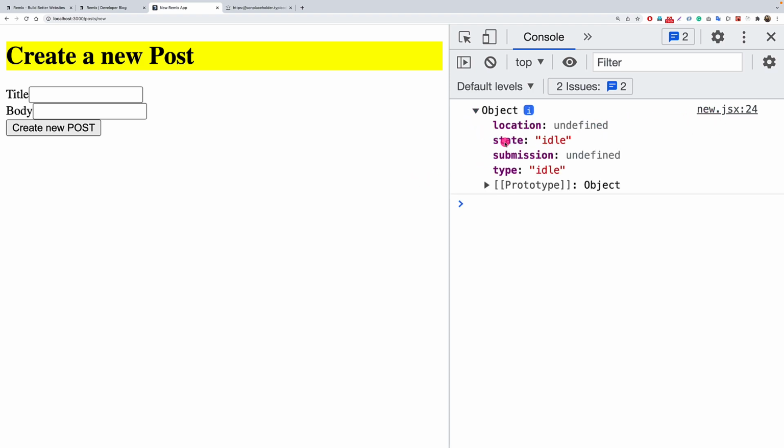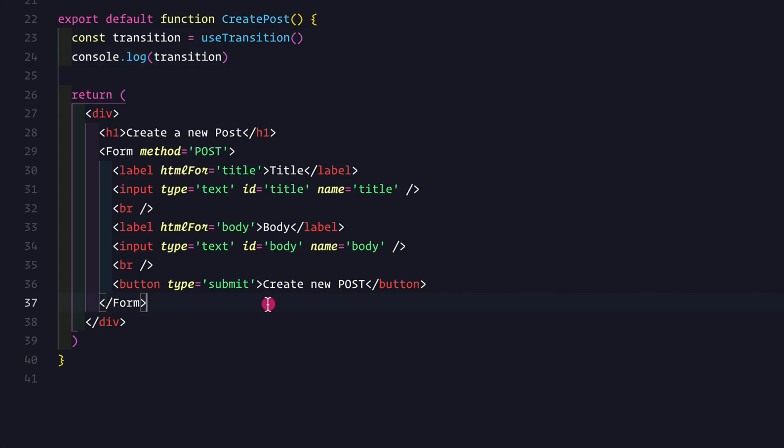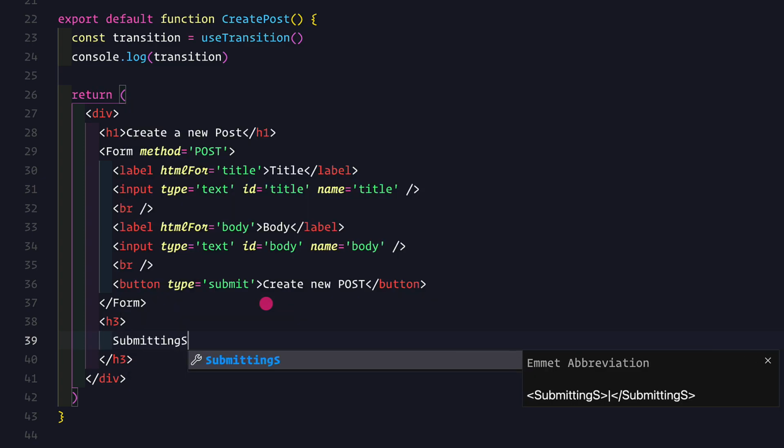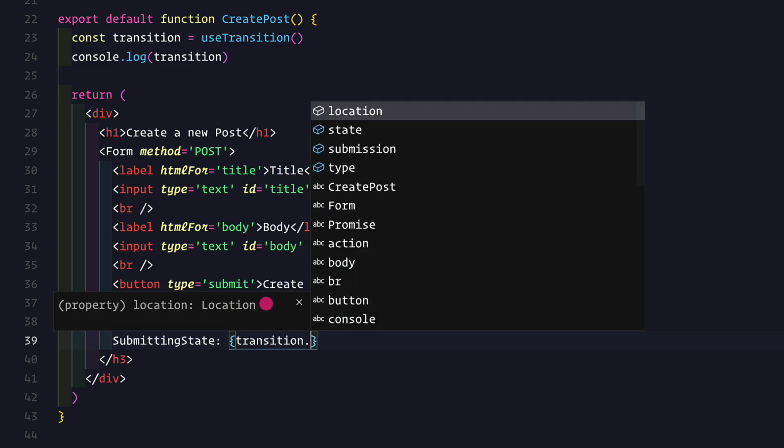And here we have the state, which is currently idle. Once we click on this button, that is create new post, this status would be submitting. So let me make a line somewhere below this button that says submitting state. So let's go back here, and after the form, let me put in an h3 here, and say submitting state would be something, and that something would be transition.state